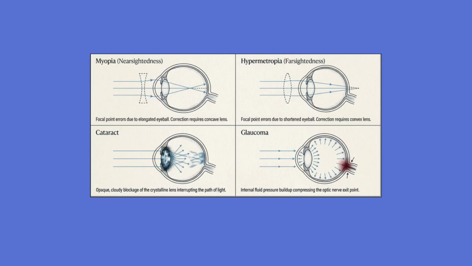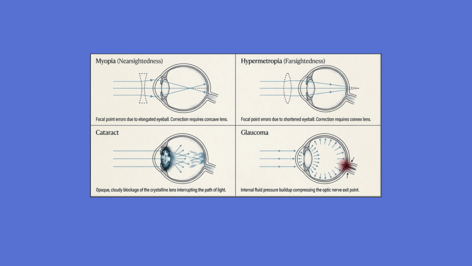like myopia, hypermetropia, cataract, and glaucoma. These disorders are explained through diagrams. This is myopia, hypermetropia, cataract, and glaucoma. What is myopia? Myopia is a vision problem in which near objects are seen clearly but distant objects